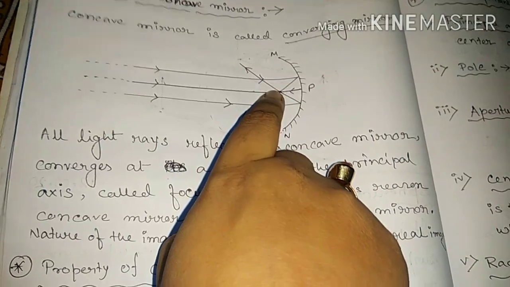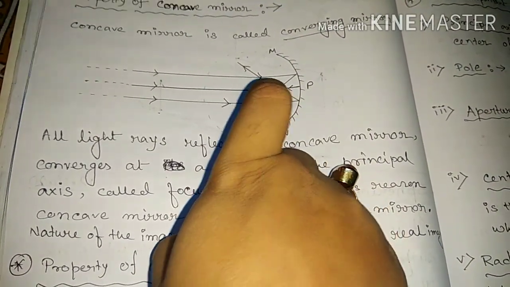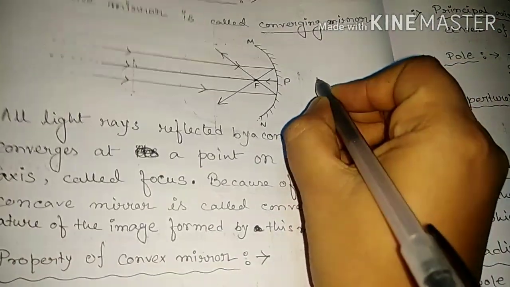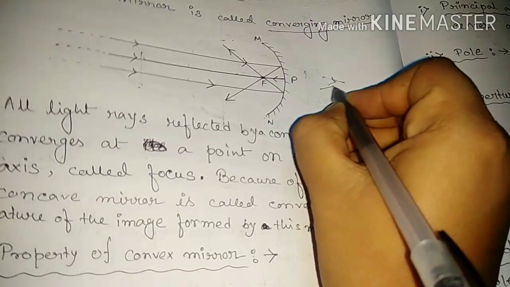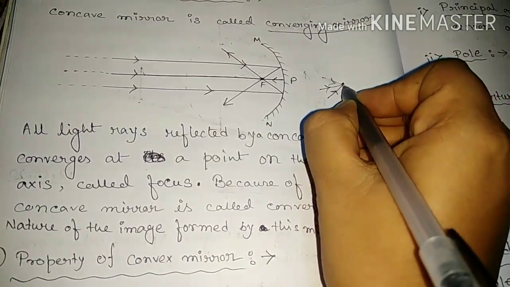That means after reflection all rays converge to a point. Converge means like this way. They converge at a point,